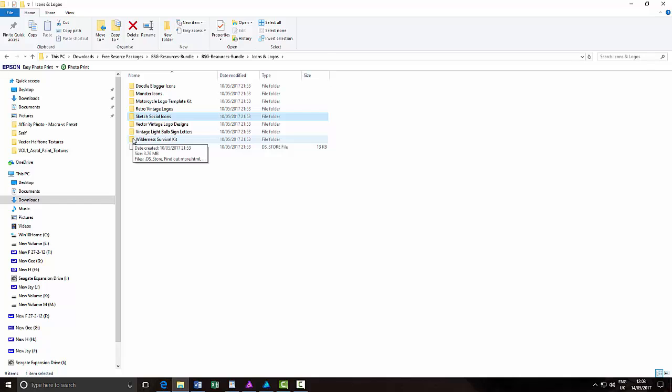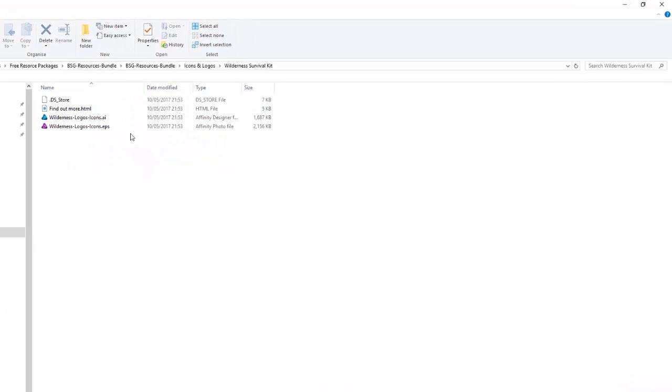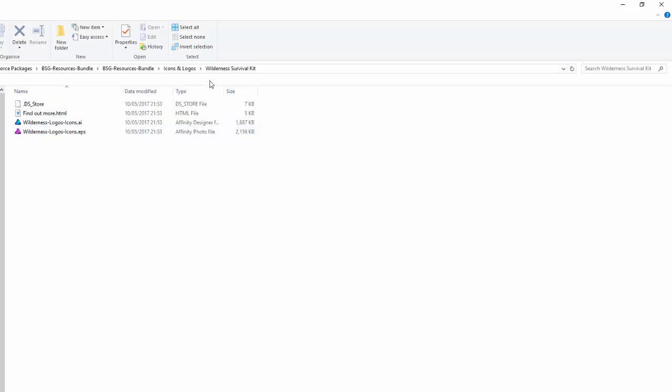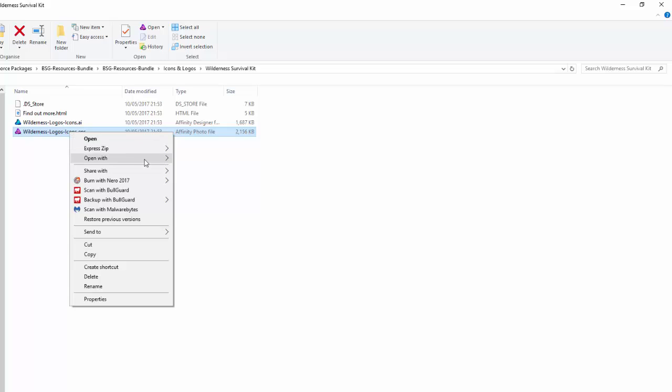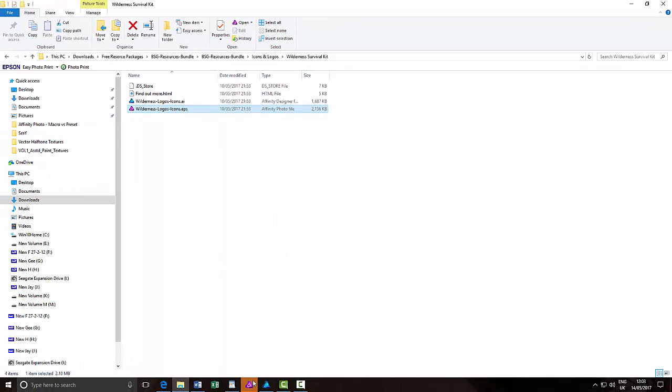So there are quite a few different ones. Now this wilderness survival kit has files that are .ai and .eps. According to my description here, the AI one will open in Affinity Designer and the EPS will open in Photo. I've not tried this one, I've never tried EPS. I think it's a sort of PDF type file. Let's go, I'll open with Affinity Photo,